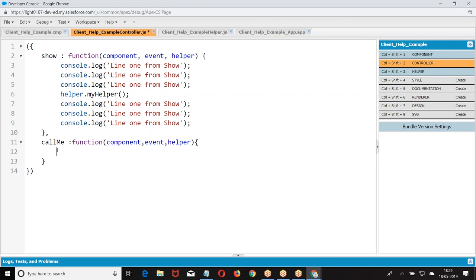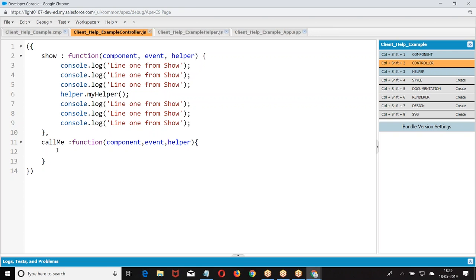Right. Now, look at the point. Now, when I defined, so I got a call me. Call me can be called directly from the component, but I cannot call helper from the component. There is no choice of firing the helper because of any other event. Directly we cannot fire. But the call me can be fired by any one of the events which occurs at the backend. Because it can be called from the component, I can call it directly from the component.